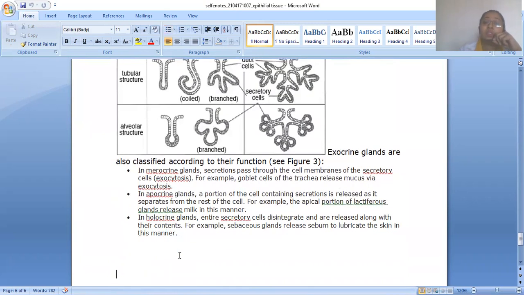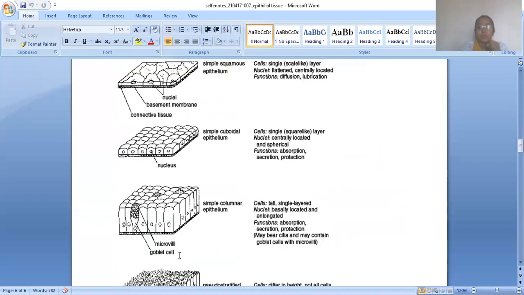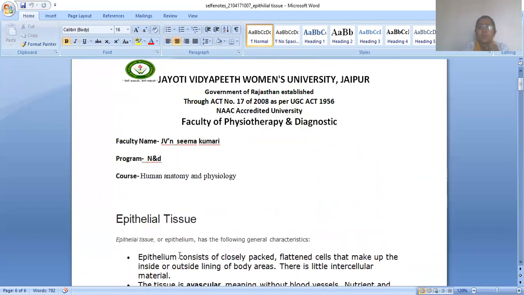Now the classification is on the basis of their function also. For example, in merocrine glands, secretion passes through the cell membrane of the secretory cells. In apocrine glands, a portion of the cell containing the secretion is released as it separates from the rest of the cell. And in holocrine glands, the entire secretory cell disintegrates and is released along with its content. So here we have completed the different types of epithelium, their shape, their structure, and their function,